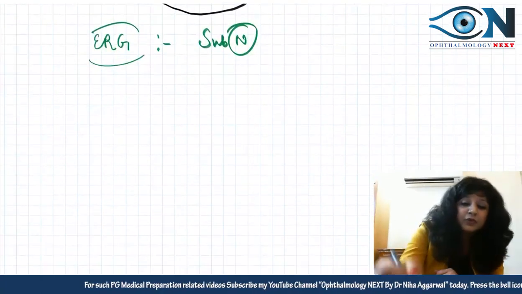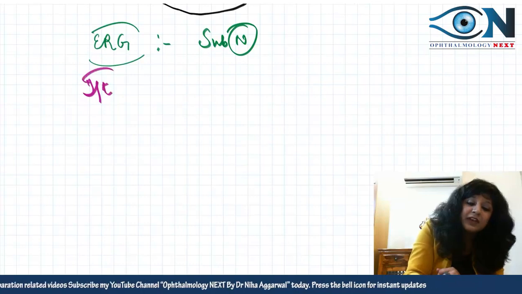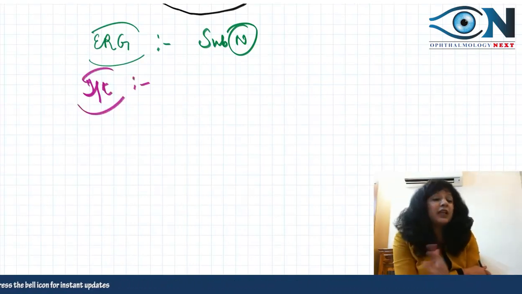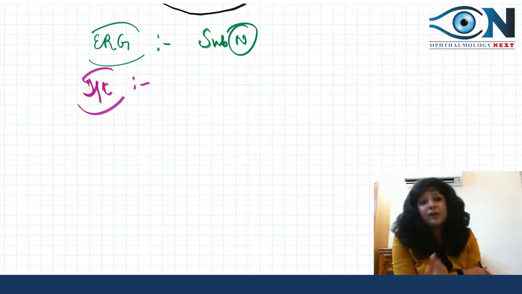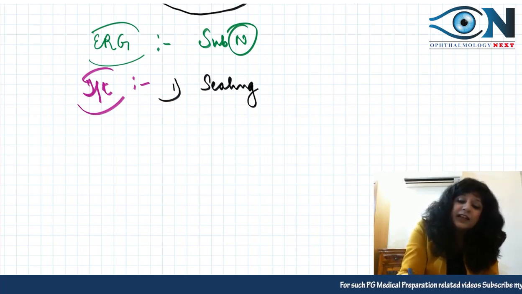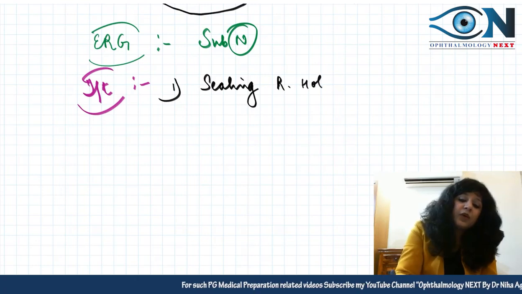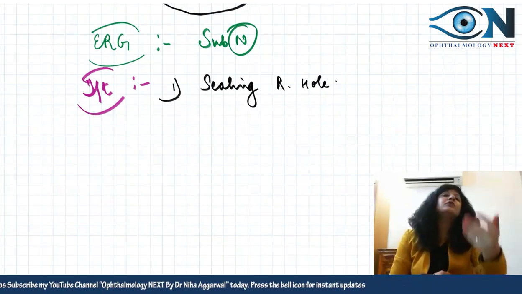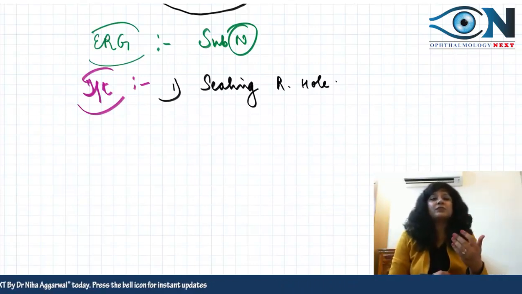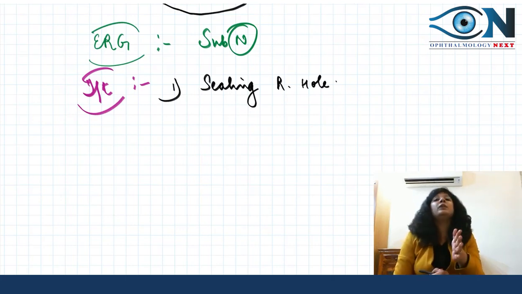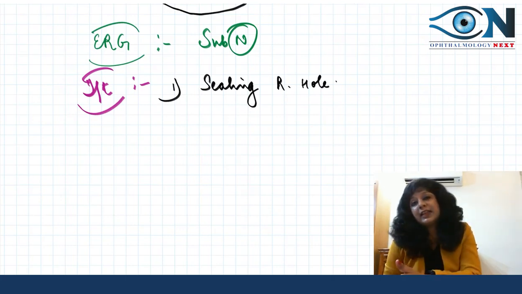Now let us try to treat it. Treatment is again very, very important because you know that retinal detachment is an ophthalmic emergency. At the earliest, you have to do it. Now, what is the first thing that we should do? The first thing is sealing the hole. Sealing the retinal hole, because obviously the hole was the thing that was leading to the RD and everything was following. So that vicious circle was there. If I am able to stop that retinal hole, then I am able to save the retina from detachment.